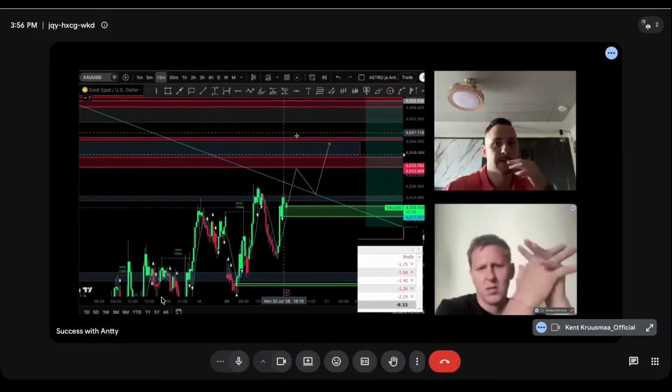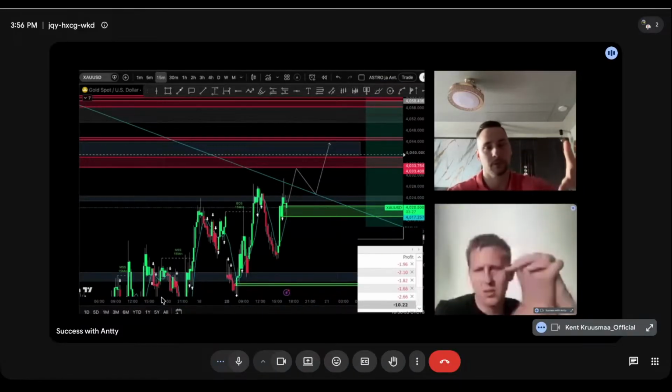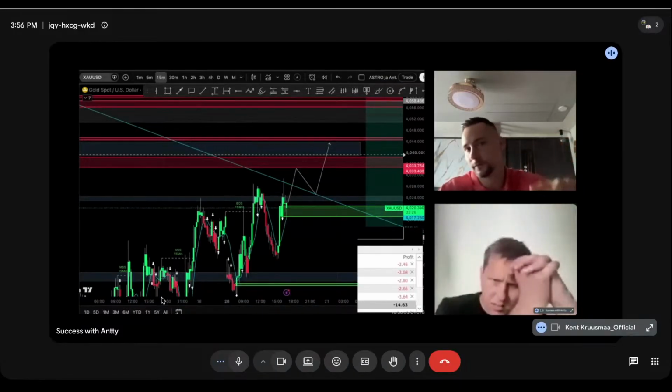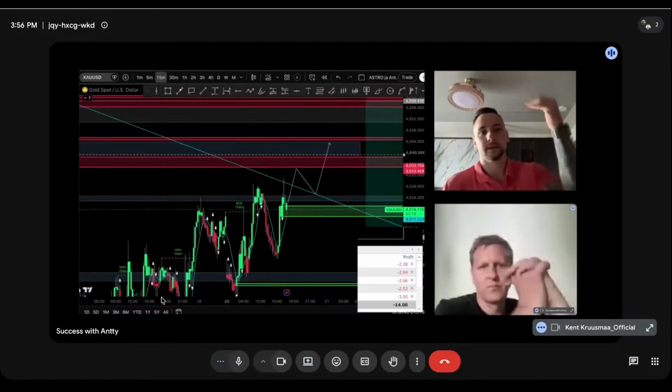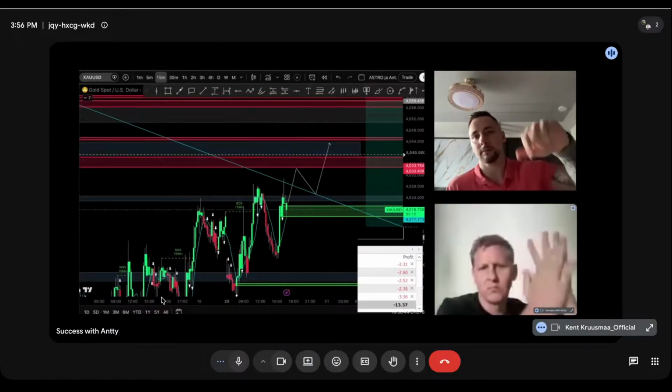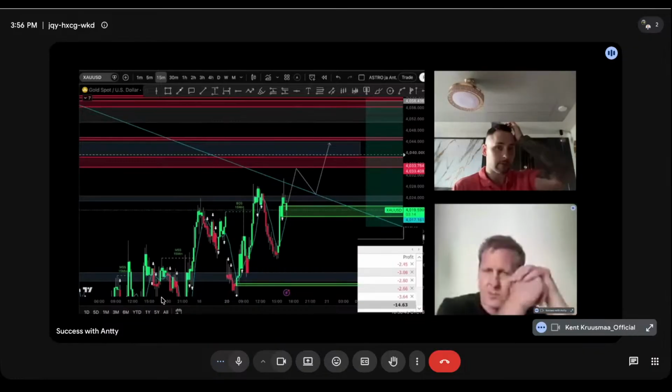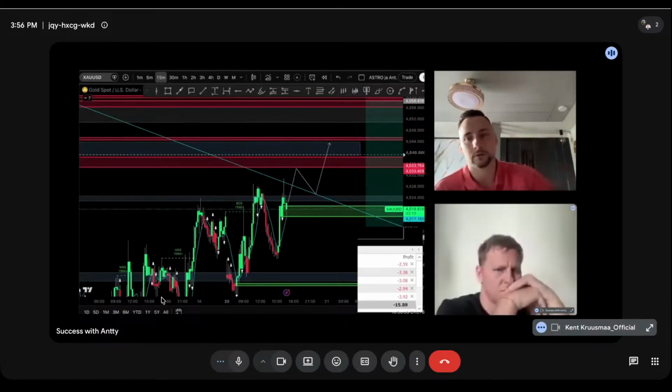So I can put there that I want to risk 1% or 2% or 1.5 or 0.5. It calculates the lot sizes automatically, and then I just press a second time, and the pending order goes in. So that's a really amazing tool. It really helps you follow risk management, and you don't have to manually calculate how much you're risking